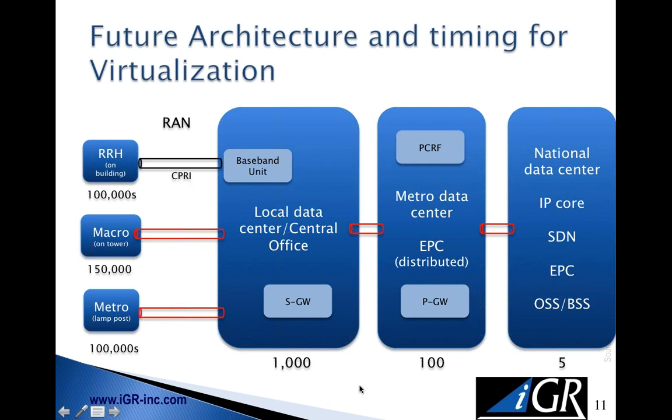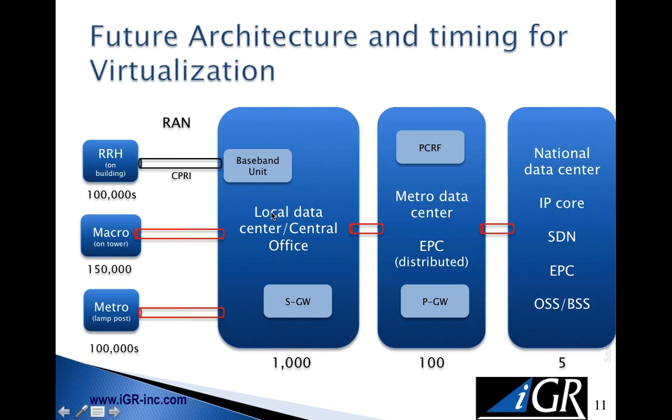Now, if I look at this a little bit differently, this is the same diagram I had earlier of LTE, but I've drawn it a little differently. On the left-hand side, we've got the radio access networks: remote radio heads, macro cell sites, the big towers, small cells. You can see hundreds of thousands of these being deployed in different countries around the world, of course. A large operator in the US will have around 50,000 cell towers. In China, 500,000 upward. So obviously a different scale.